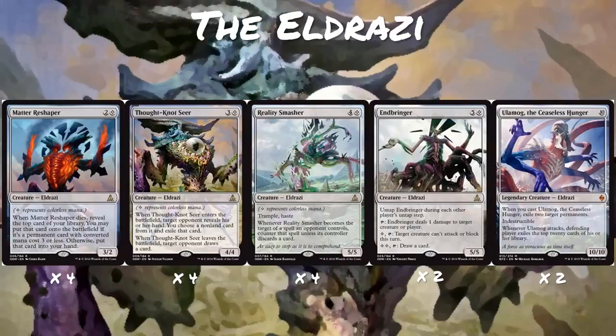We also have 2 of Endbringer, which is 5 generic and 1 colorless, a 5/5, but its main ability is that it untaps during each other player's untap step. So each untap step, yours, opponent's, whoever's, you untap this. You can then tap it to deal 1 damage to a target creature or player, which is great for removing any kind of tokens. Or you can pay a colorless and tap it so that a creature cannot attack or